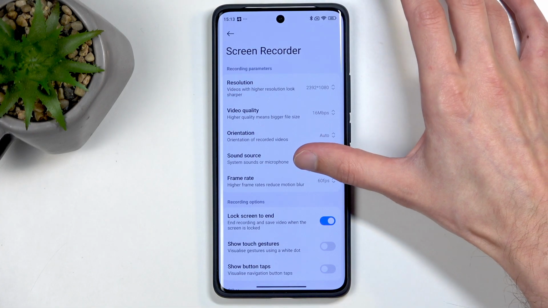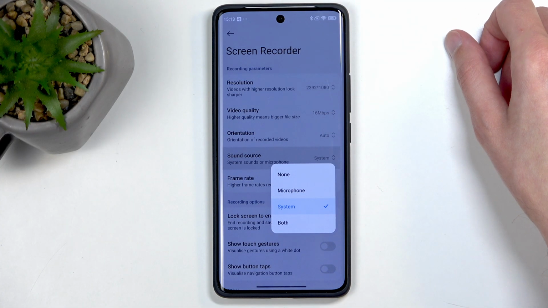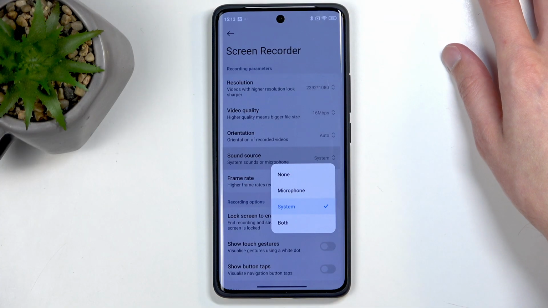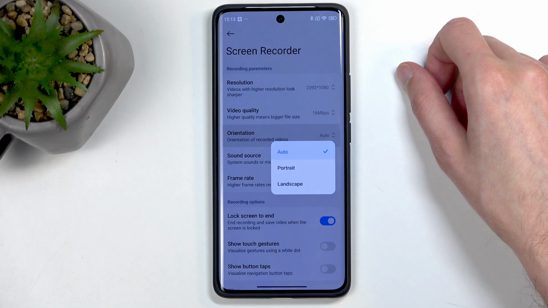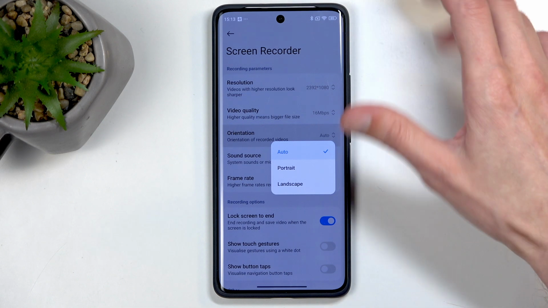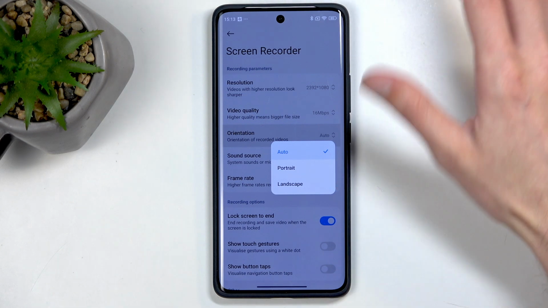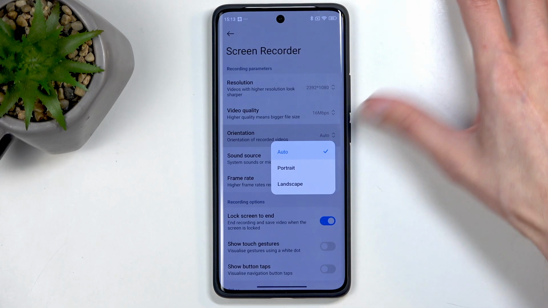Additionally, you have the options for sound settings. So we have system, both, microphone, or none. Choose whichever one you want. Orientation, it's set to auto by default, but you can change it to portrait or landscape. Therefore, your video will always be recorded in this kind of orientation, no matter what the actual thing you're recording